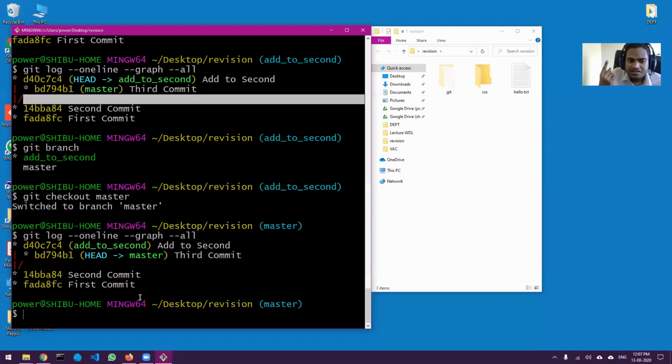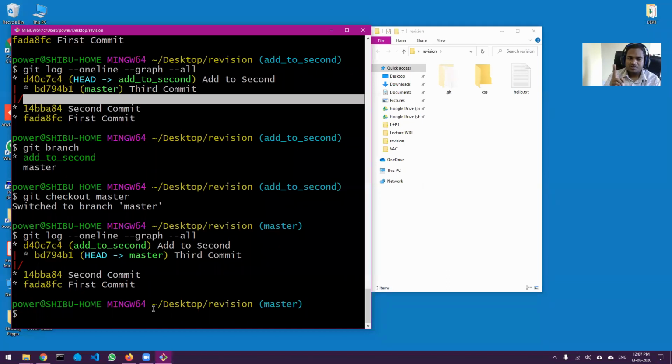Yes, Adarsh. The command is merge. Okay, git merge. Now there are two ways of doing this. One is git merge and another way is, I've shown you two methods of combining the data. Rebase. Yes, yes. Who was that? Saqib. Very good. So there are two methods. One is merge, one is rebase.